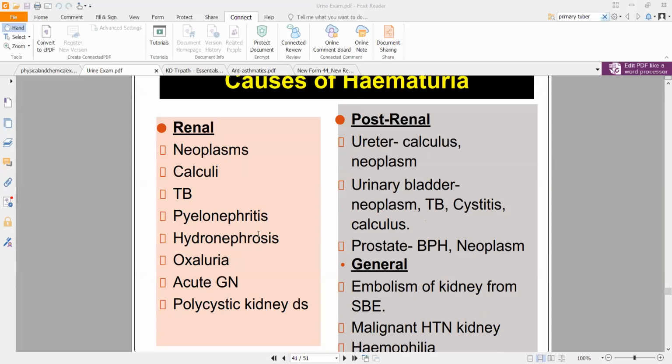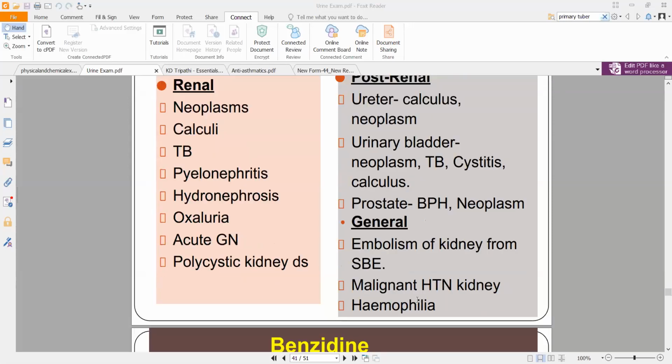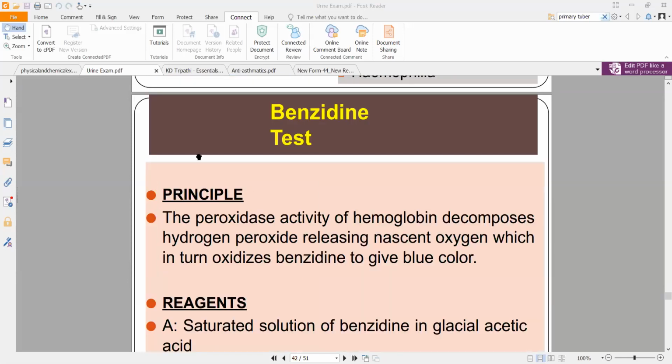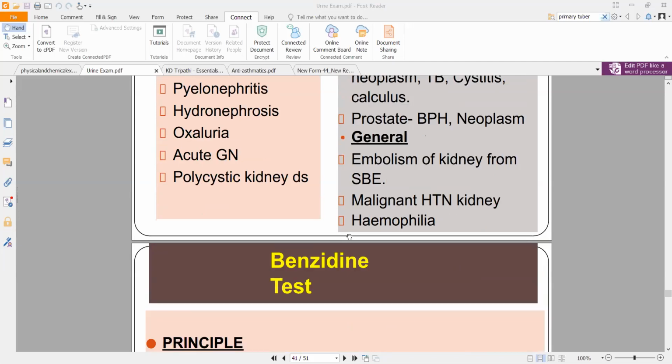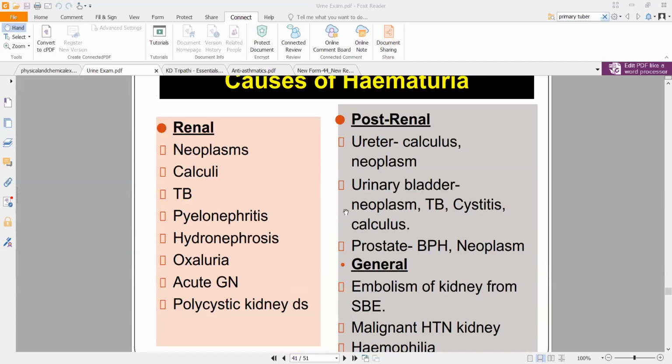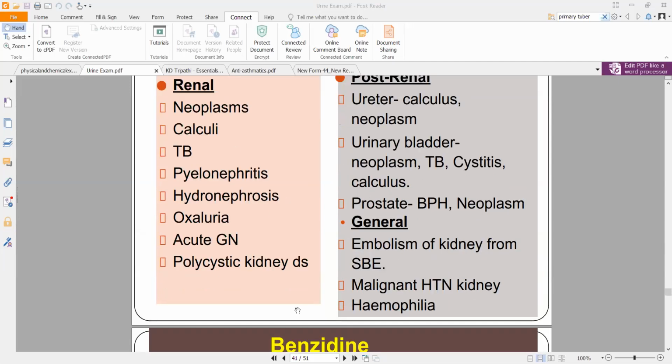You don't need to memorize all of them, because causes is for your understanding. Here the main important points will be tests. Okay, in your exams as well, you'll be writing about tests rather than the causes as such. Okay, this is only for your understanding what can cause this. All right. So you have a bunch of causes like this: renal causes, your cysts can cause that, post-renal causes where any blockage can cause that, or if you have a general cause where there is embolism. Embolism is basically a bubble-like structure being formed in your blood vessel. So basically it will cause blockage in the blood vessel.